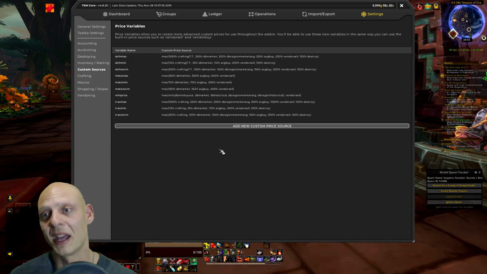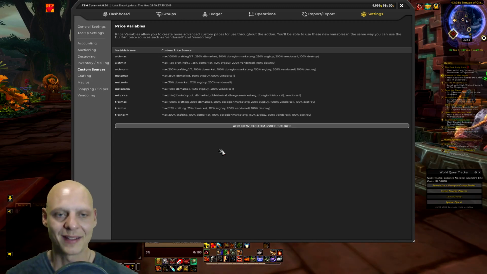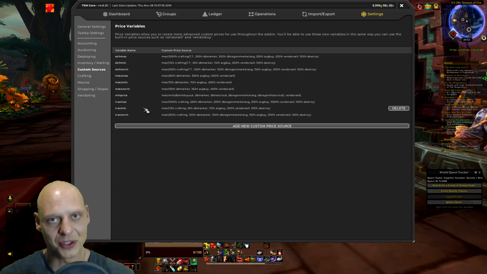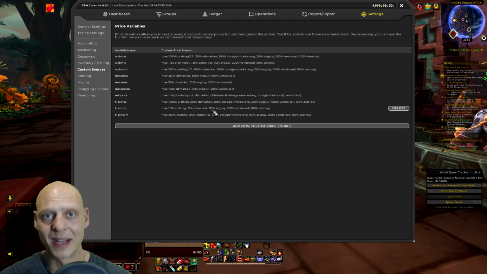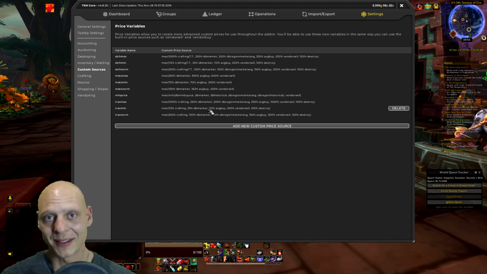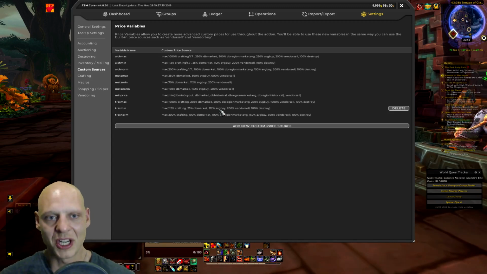So there are a lot of advanced users who are watching right now, but also people who completely do not understand what is going on in TSM. So we have to make it user friendly. It is a template. If you are on a high population server and you don't see a lot of items being queued in your crafting list, or you don't get to post at minimum because everyone else is posting cheaper than you, what you can do